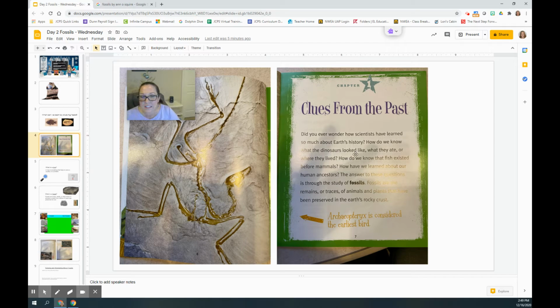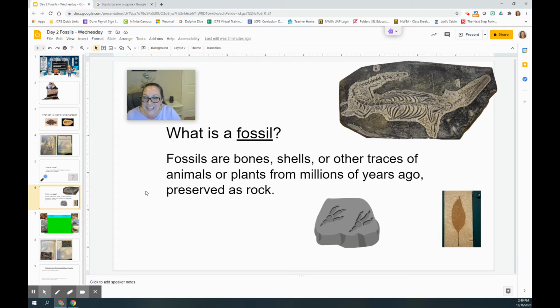How do we know what the dinosaurs looked like, what they ate, or where they lived? How do we know that fish existed before mammals? How have we learned about our human ancestors? The answer to these questions is through the study of fossils. Yeah, so what is a fossil again? Here's some fossils. Fossils are bones, shells, or other traces of animals or plants from millions of years ago, preserved